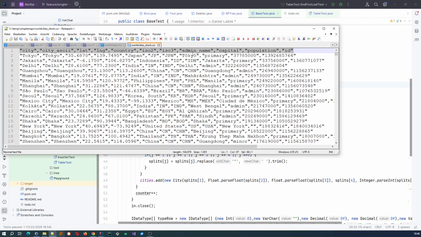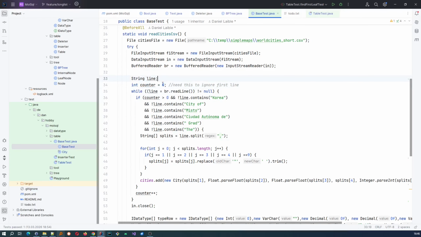So I ignore the first line. That's why I do have a counter here. And then I read the line until there's nothing more to read. And for some reason, there is Korea North, Korea South, and city of London and so on. These were the words I found when there is an additional comma. So I ignored those